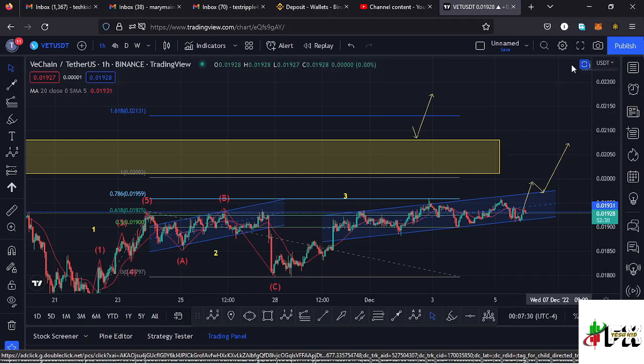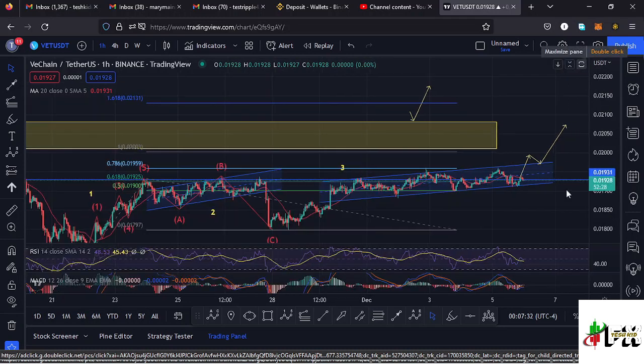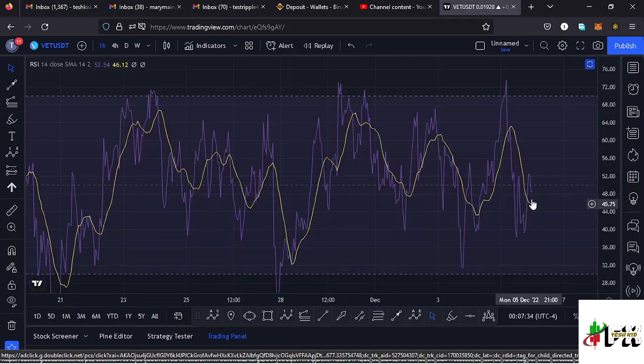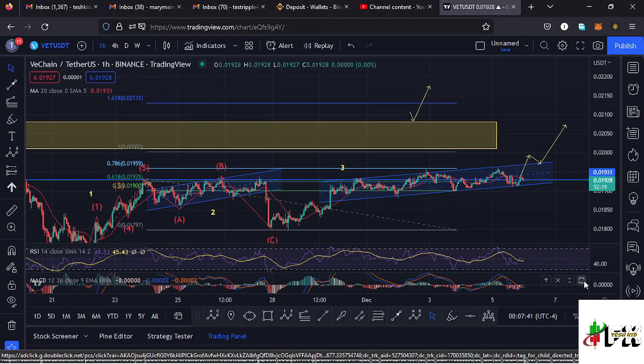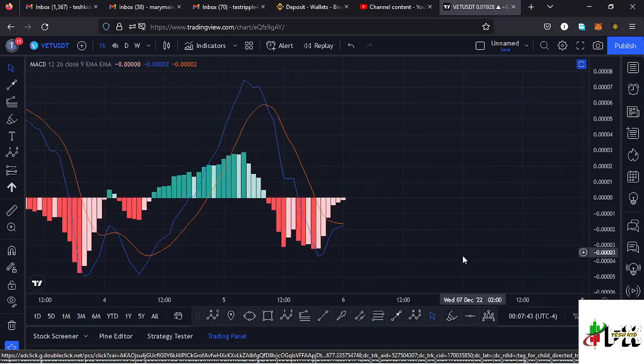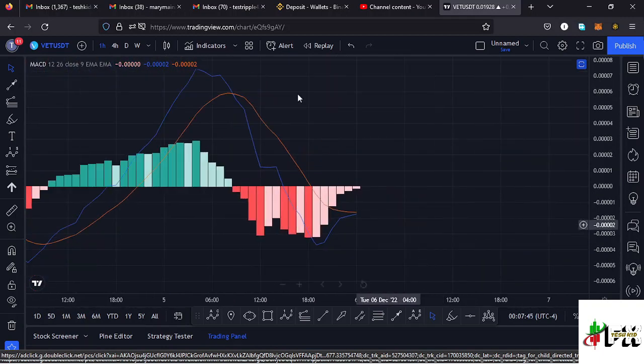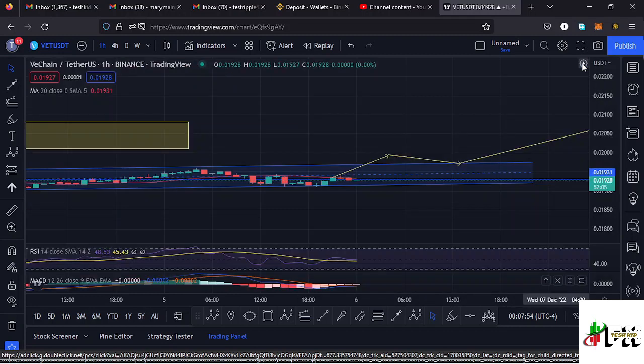Also taking a look at the indicators, here on the 1 hour chart, here on the 1 hour RSI, we are trading at around the 48 mark, meaning we have massive room for us to support any movements to the upper side. Also taking a look at the MACD, here on the MACD you can see we had printed a bearish cross, but at the moment you can see we are seeing a decrease in the selling momentum, and we are just about to print a bullish cross. So let's be patient and see how that plays out, and I'll keep you updated.